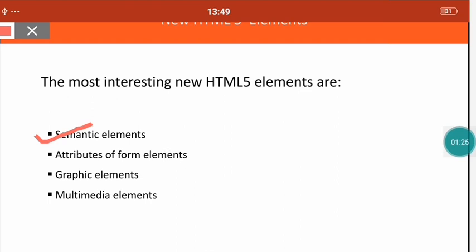For example, a p tag indicates that the enclosed text is a paragraph in the web page. This is both semantic and presentational because people know what paragraphs are and browsers know how to display them. So it has a meaning. So the semantic elements describe something in the web page.